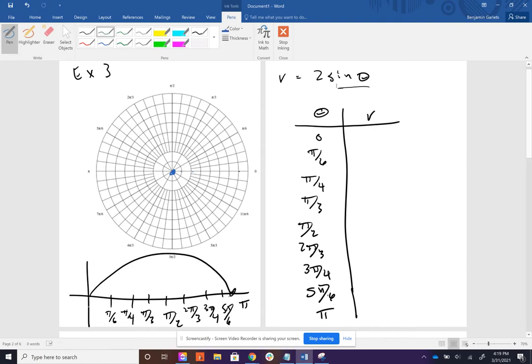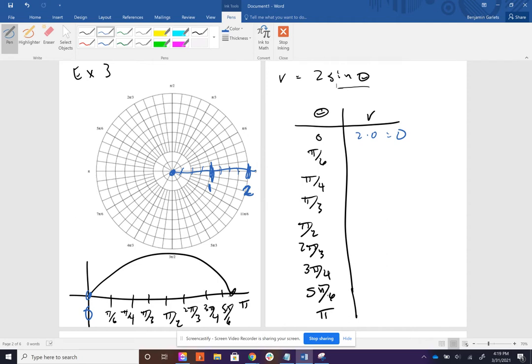So if we're looking at 0, sine of 0 is going to be 0. So 2 times 0 is going to be 0. So if we go out 0 here, we're going to be at 0. Let's just say 1, 2, 3, that this is going to be our 1 radius, our 1r. And then 1, 2, 3, 4, this is going to be 2. And the reason is because when we have 2 sine of theta, we're only going to have an r value that's ever as great as 2,